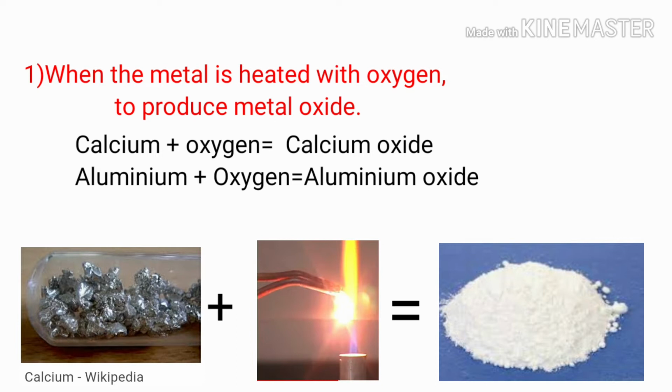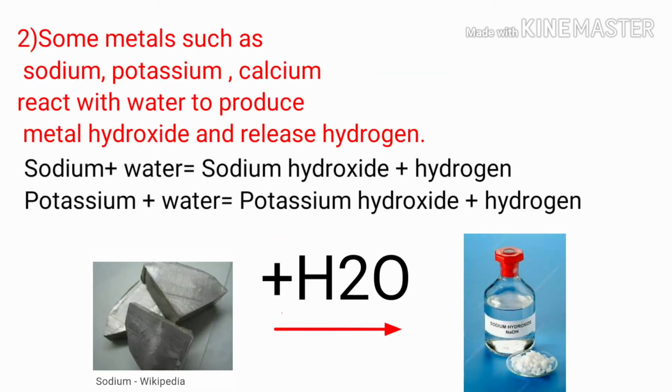For example, calcium reacts with oxygen to produce calcium oxide. Aluminium reacts with oxygen to produce aluminium oxide. 你可以看到 silver color 的 calcium，当它拿去烧过后，它 react with oxygen 就变成粉状的 calcium oxide。第二个方法 some metals such as sodium, potassium and calcium